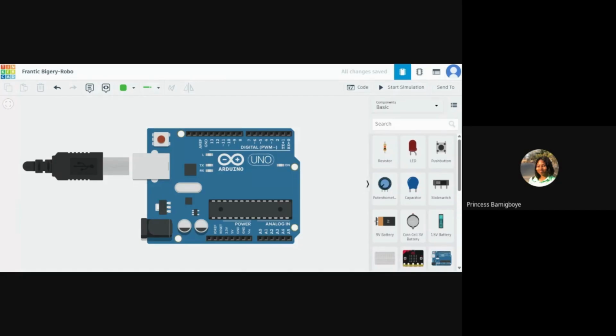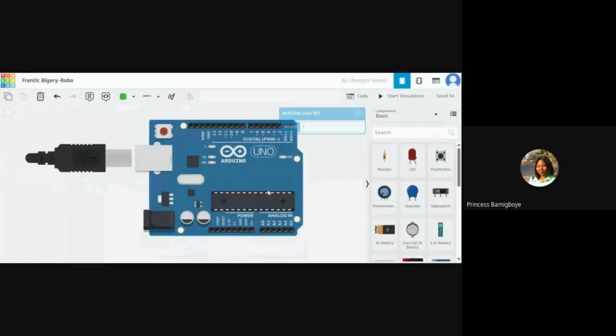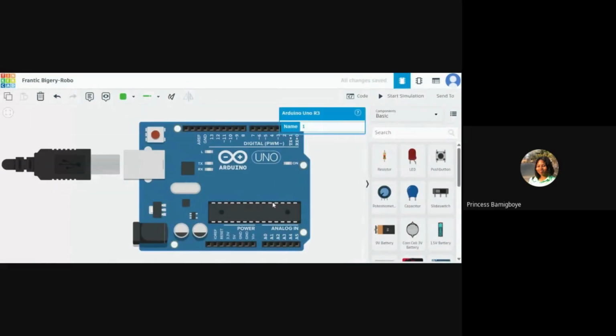So with this pulse width modulation, the difference is that it's for scenarios where you want to vary the voltage or vary the output of the device.